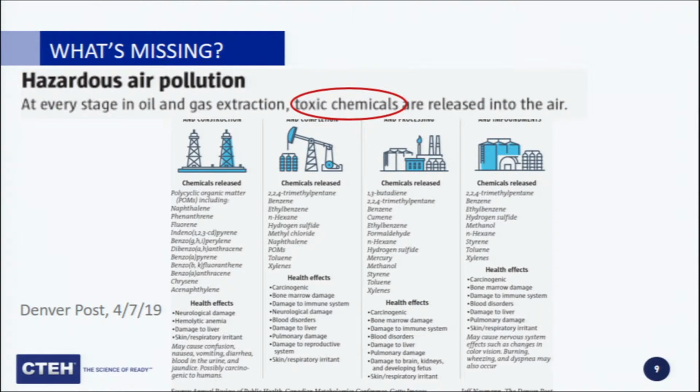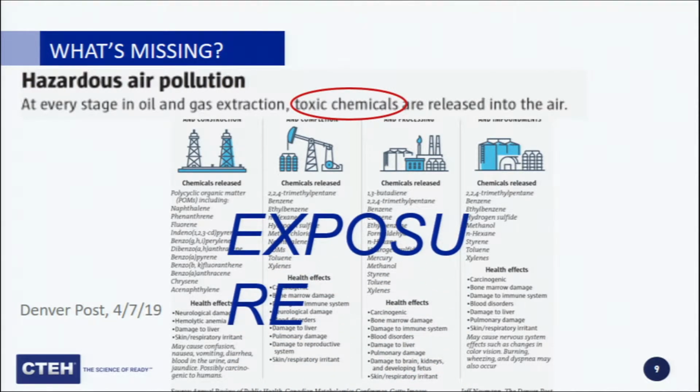So I couldn't have asked for anything better to talk about hazard versus risk than what came out in the Denver Post only a couple of weeks ago in the front page article around air pollution and air toxics coming from oil and gas. And this was one of the tables that was put in there. And it said at every stage of oil and gas extraction, toxic chemicals are released into the air. So it lists for every phase all of these chemicals that could potentially be released, and then these long lists of all these health effects. This is what us toxicologists consider a nightmare from a media relationship standpoint,